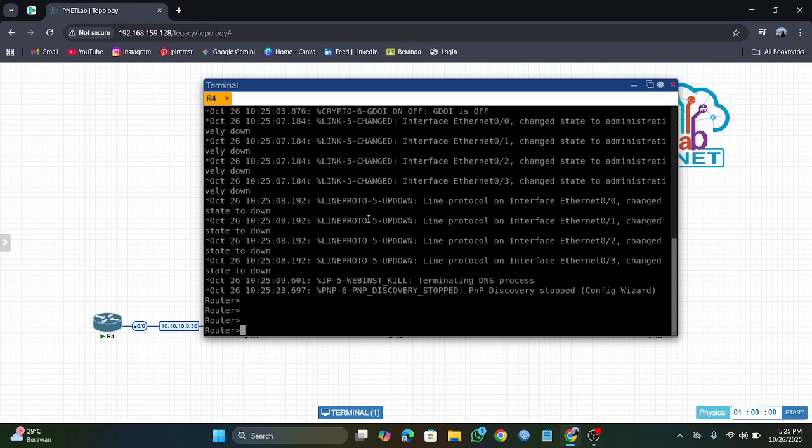However, on Cisco you have to go through several stages. This is the first level.